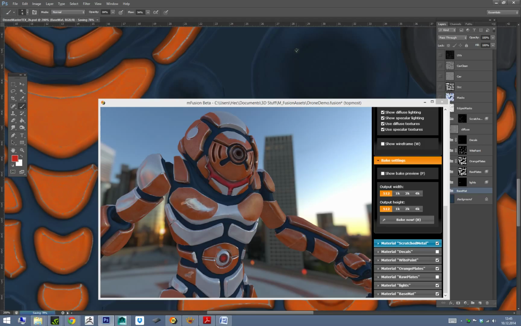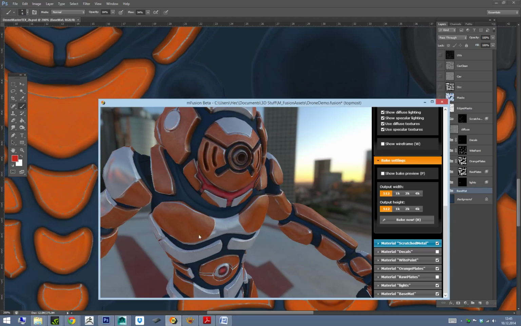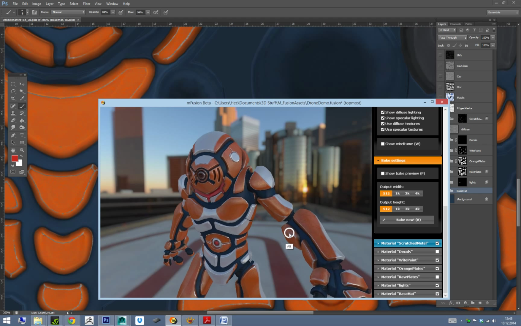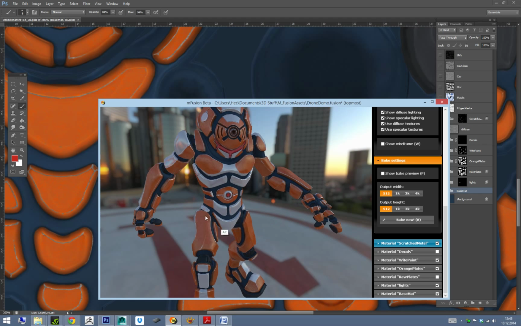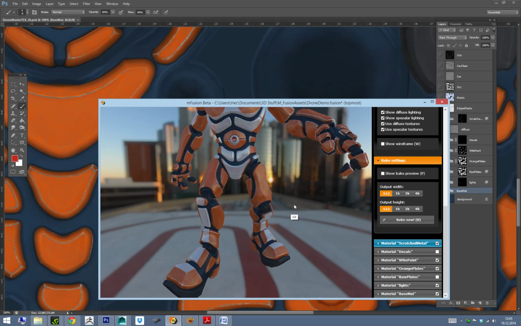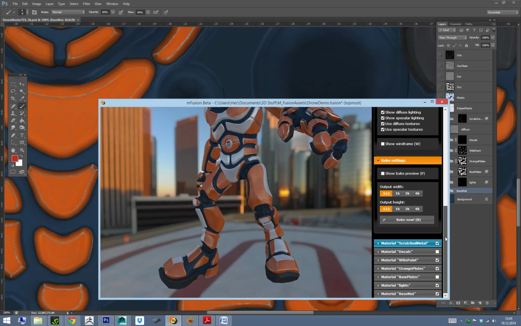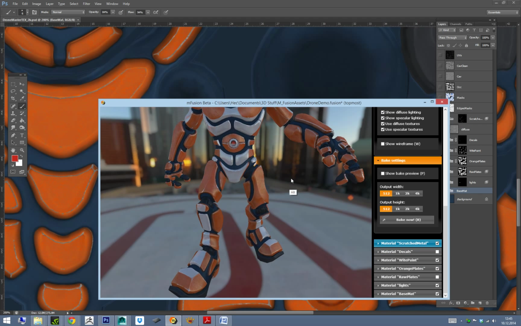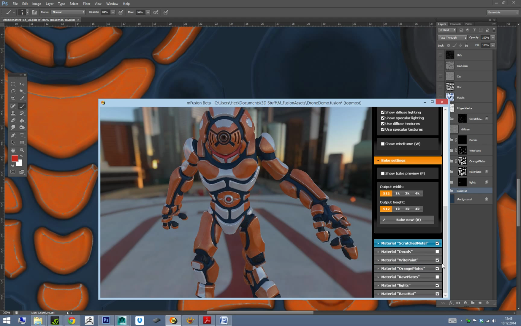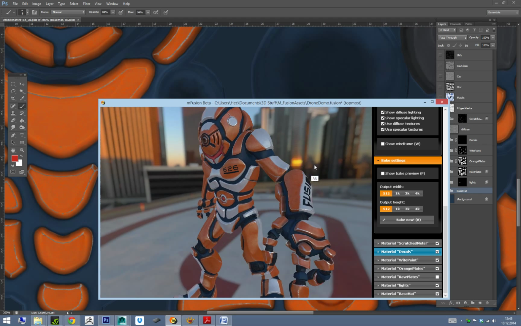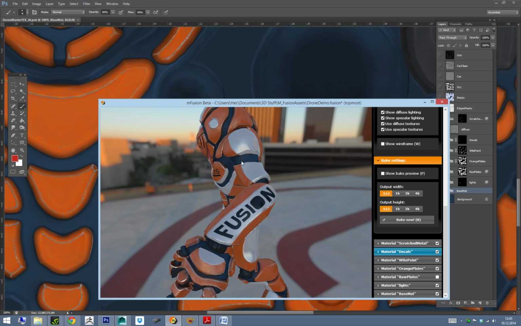I hit save again in Photoshop, and you see that the scratches are back. The paint is back in place now. So this is how quick you can update some of your layers and have a very flexible layered approach to your texturing. The last layer that I have here is just one layer called Decals,